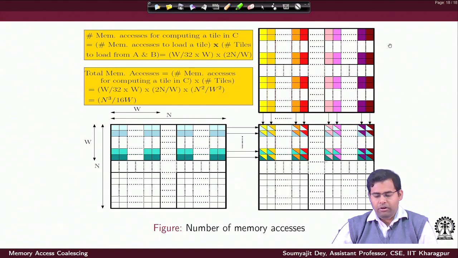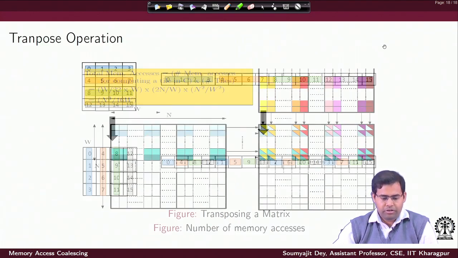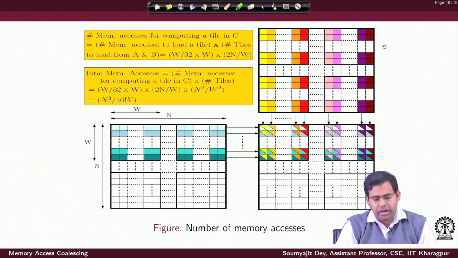So, overall, if I am trying to compute how many memory accesses are done for computing a tile, it is equal to the number of memory accesses you require to load a tile times the number of tiles to load from the two input matrices, let us call them A and B. So, what is the number of tiles to load?